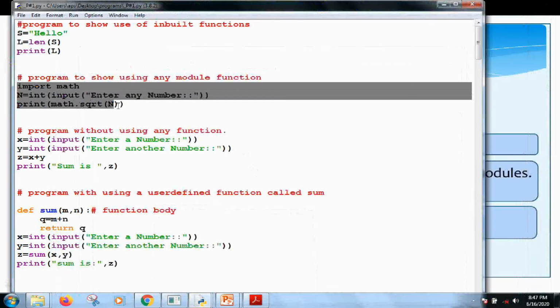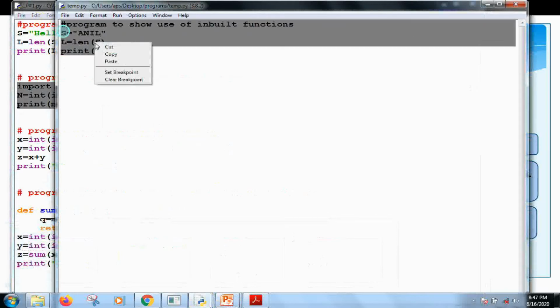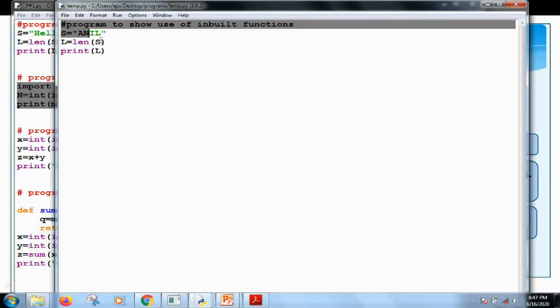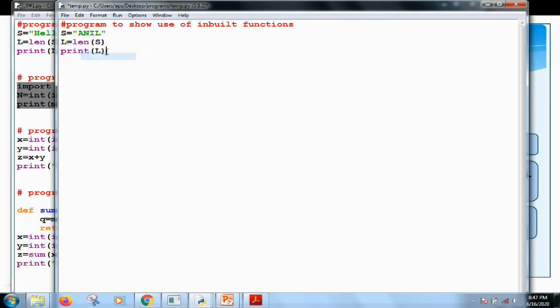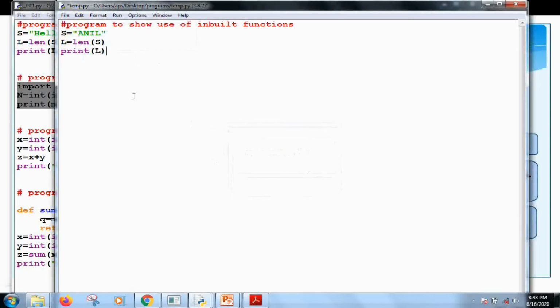This is another program which shows how we can use a module function, sqrt. Again I am executing this code.